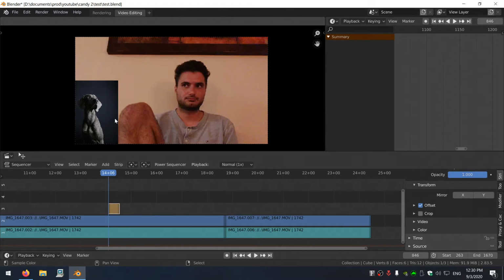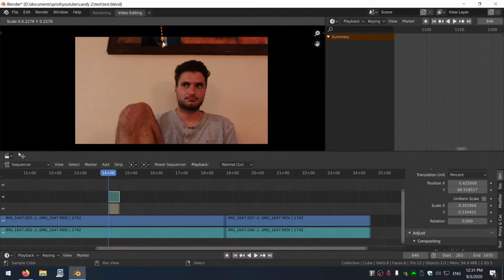So if I click on this strip and I press S, in the viewport I can scale him, and now I can press G to move him down. I can also press R to rotate him, and the same axis controls apply as well. Also, if I want to rotate, if I type 90, I can rotate him 90 degrees. If I want to move the dog left 20 pixels, I can go G, -20, and you can see he